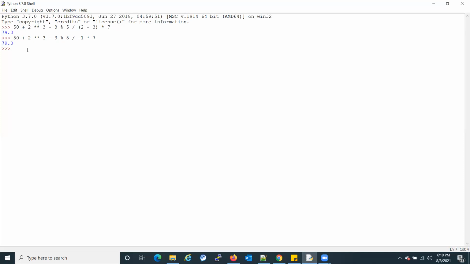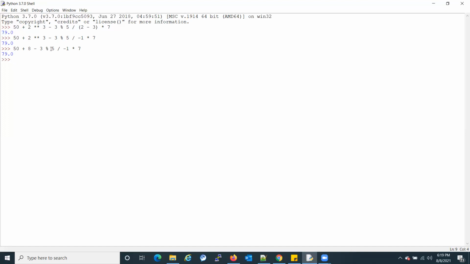Now it will go for the exponential part. The bracket part is done. The next priority is the exponential. 2 to the power 3 is 8. Enter. Yeah, same output. Now it will go to the multiplication, modulo, division. If we see in the expression, modulo is coming first.